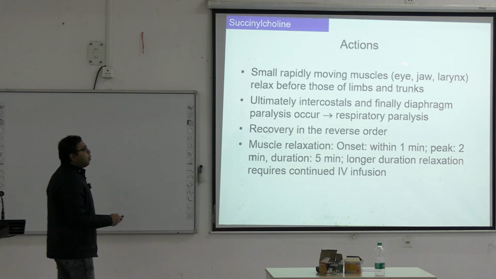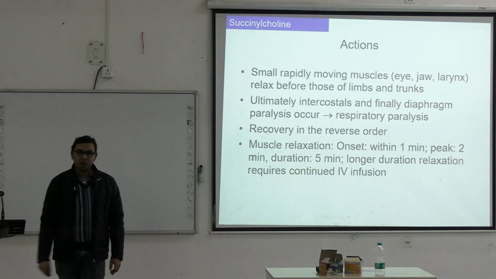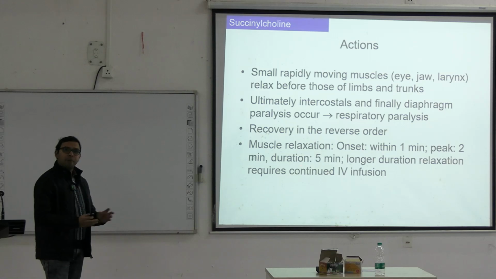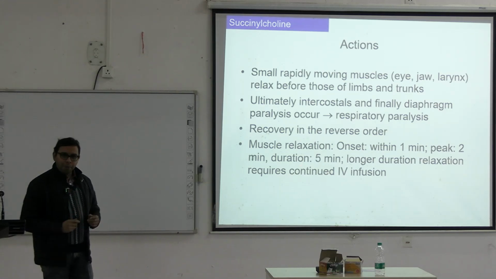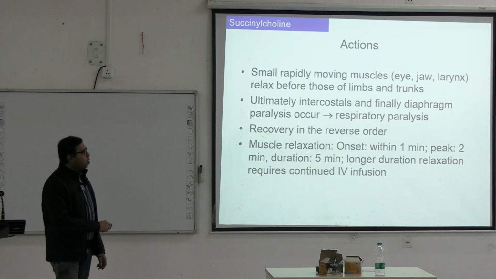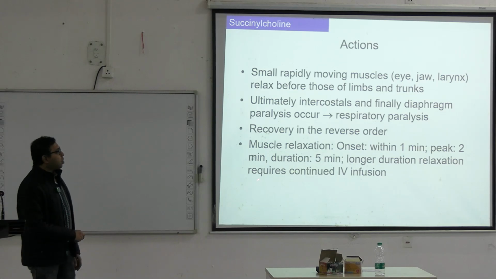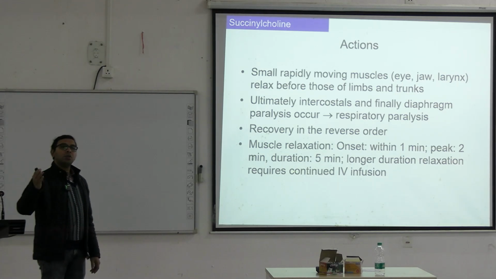Small rapidly moving muscles like the eye, jaw, and larynx are relaxed before those of the limbs and trunk. Ultimately intercostal and finally diaphragmatic paralysis occurs, which may lead to respiratory paralysis also. Recovery happens in the reverse order. Already we have seen this is similar to that of the competitive blockers. Muscle relaxation onset is within 1 minute, peak within 2 minutes, duration is 5 minutes. Just a very short duration. For longer duration relaxation, usually continued IV infusion is needed, but again there are always chances of